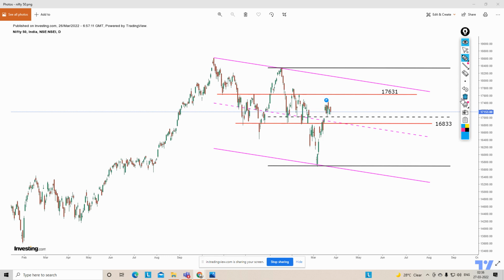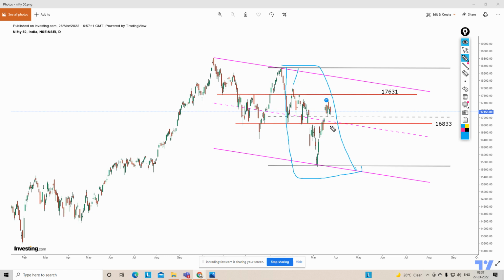Now, talking with respect to Nifty, 17,631 is a good support-cum-resistance for Nifty. Again, this is the same area where Nifty took support and it broke over here, then it took resistance, then again it gave a breakout, then again it broke down over here. And ever since this area, if you see,